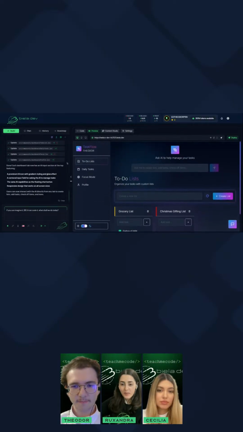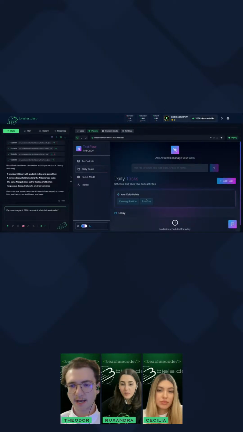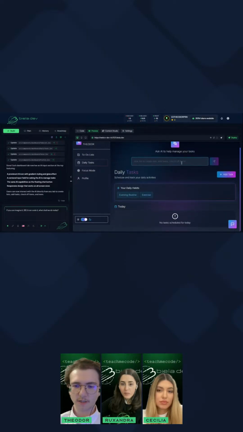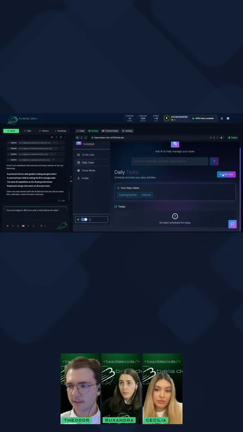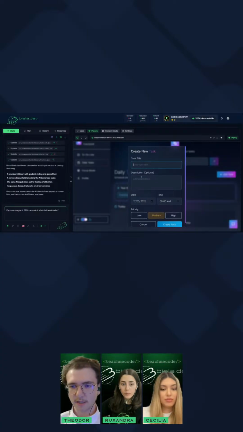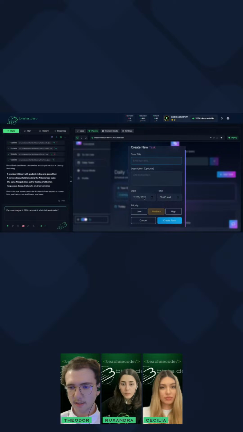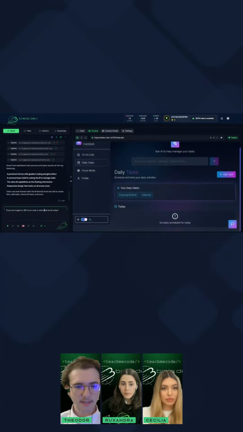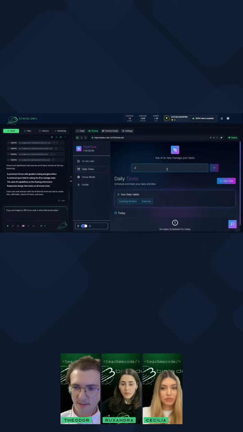Nice. Okay. I also want to go into the daily tasks here, and I'm not sure if this works here, but we're going to try it out. Let's see first how the task adding modal and process works. You need a title, description is optional, a date, a time, and a priority, and that's about it. So, as I said, let's write here. Oh, I was about to write in Biela, but no. Please add a task called